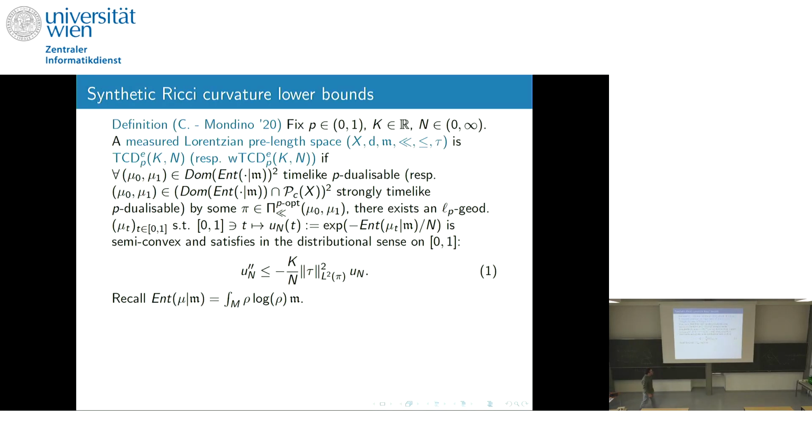Okay, so let's start by recalling the definition. It's the one that we have already seen, taking steps from the work in the smooth setting by Robert McCann and Andrea and Sturm. And so we have a measured Lorentzian pre-length space. You have this object with 6 entries: a space, a distance inducing the topology, a reference measure, a timelike relation, a causal relation, and a time separation function. And